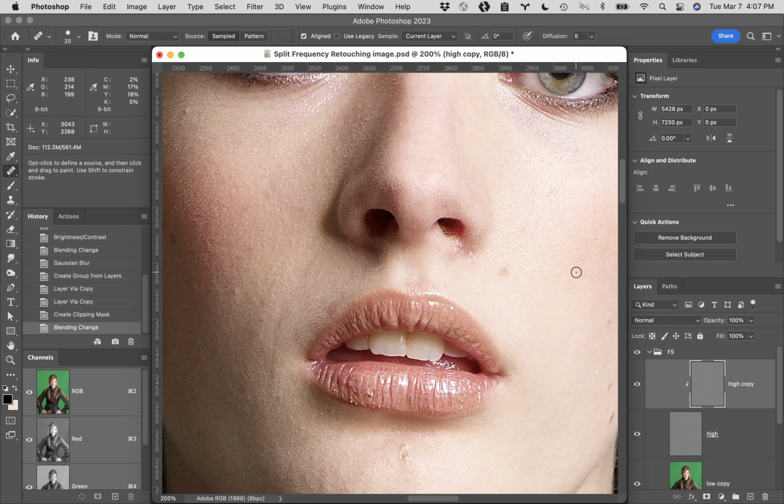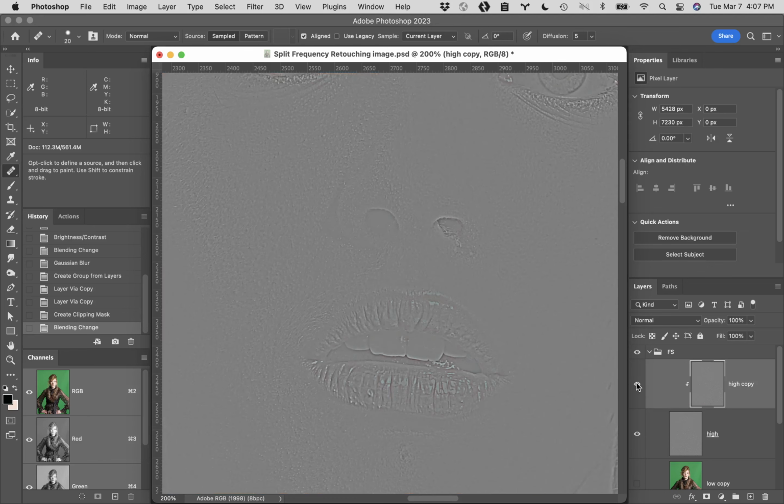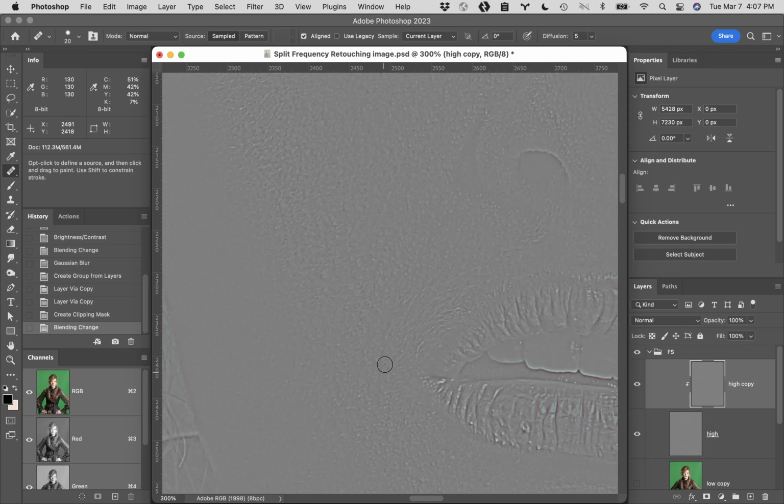And now we're able to go after the exact same thing. So I'm going to turn off my eyeball by holding down the Option key and clicking on it so I can just see my high layer. And you can see I've still got a little bit, I'm looking at that laugh line again. I've got less of the laugh line in my high layer. Now more of it is actually in my low layer than it was in our original split. There's still part of it though that's here in this high layer, so I'm going to get rid of this